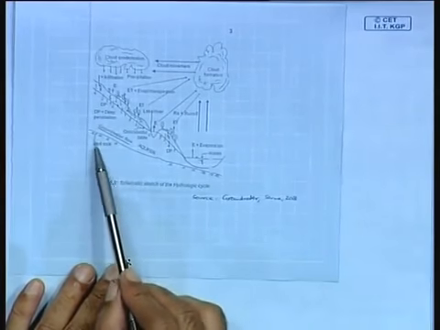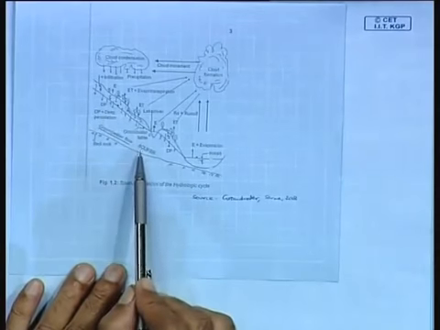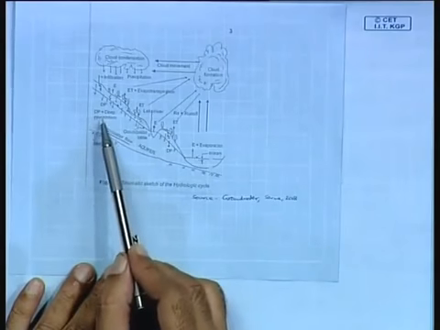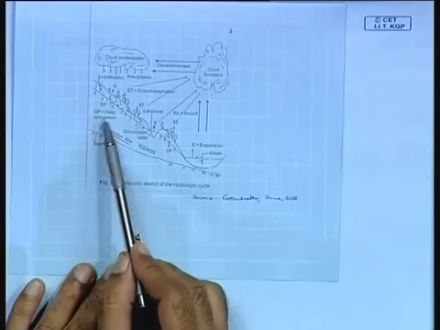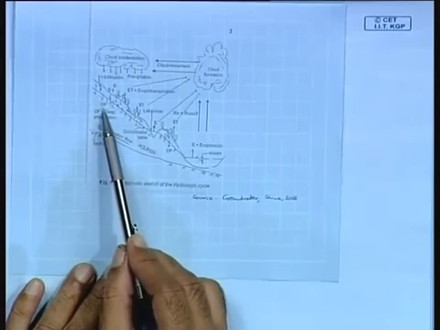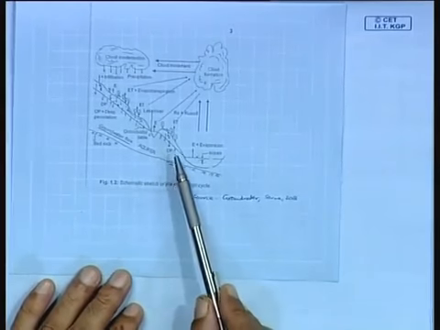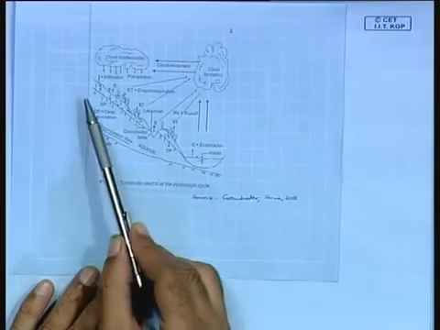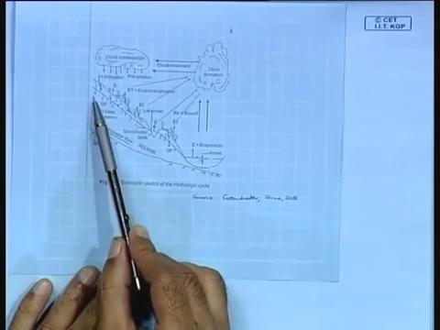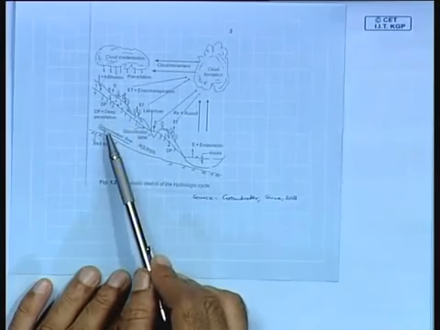And of course, here there is a bedrock also, and among the aquifers there are confined as well as unconfined aquifers. These confined aquifers, which are at deeper depths, get their water from deep percolation. So here, this is the deep percolation, and this is the shallow or the top or the water table aquifer, also known as the unconfined aquifer.